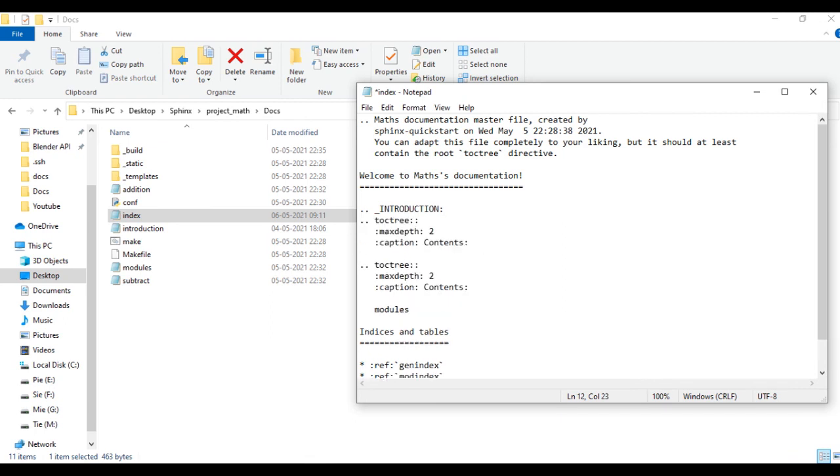So we can change the caption here, if I change it into intro, and we have to mention our file name in this area, so that will be introduction.